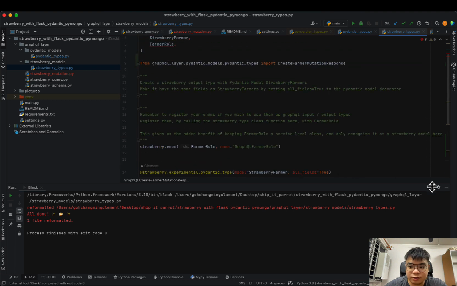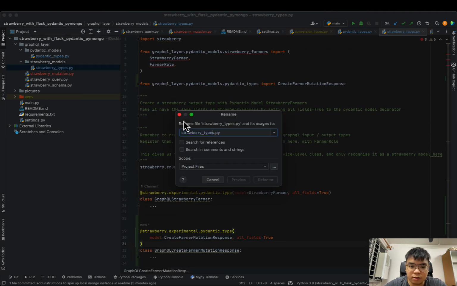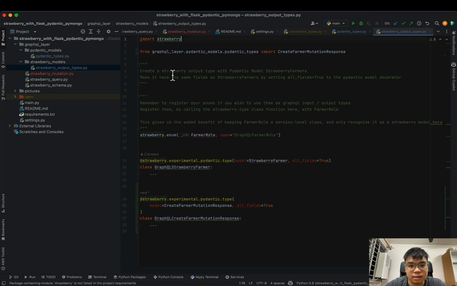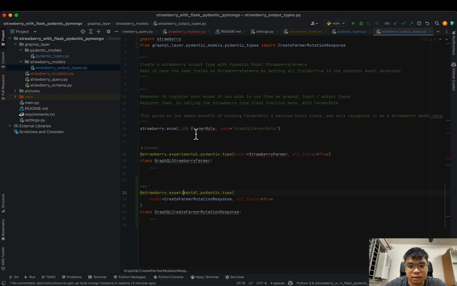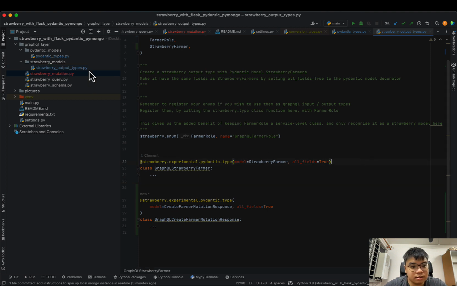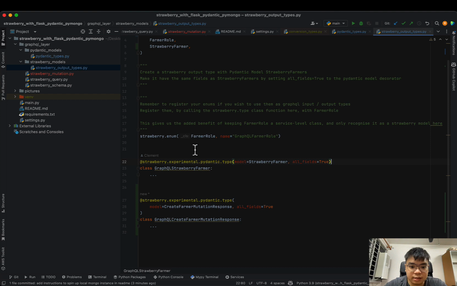Okay, now we have the strawberry types. Let's call this strawberry output types, I guess. Okay, there we are. Now let's create a strawberry